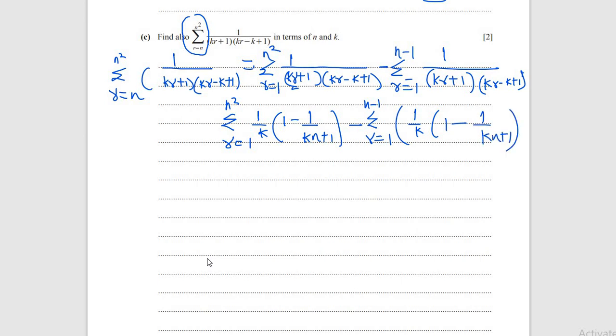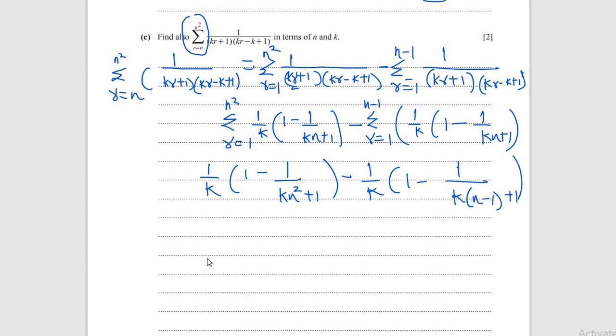Now substitute: when n is n squared, that will be 1 over k bracket 1 minus 1 over k n squared plus 1, minus, when n is n minus 1, 1 over k bracket 1 minus 1 over k into bracket n minus 1 plus 1. Open the bracket, we have 1 over k,